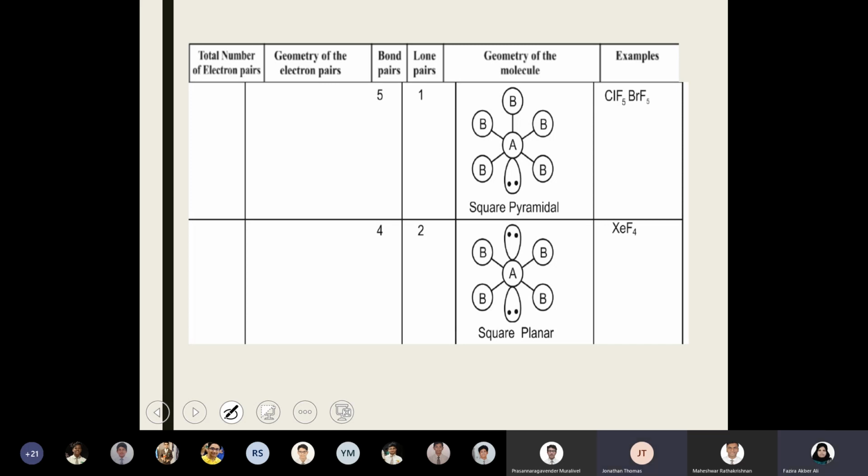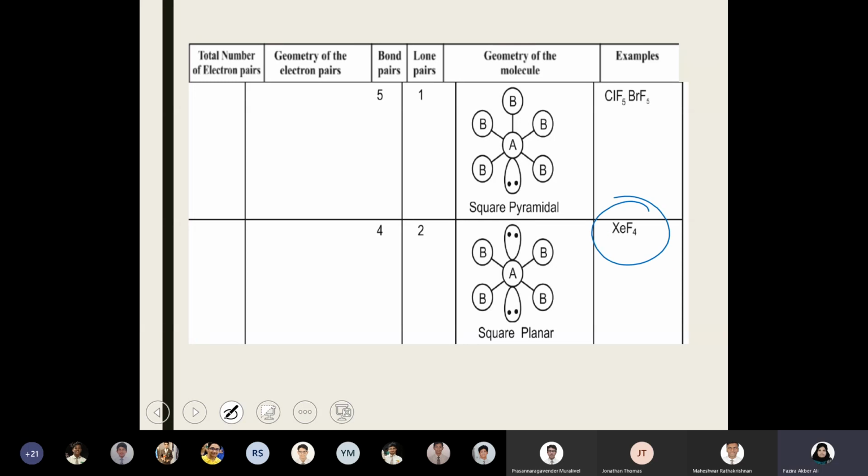All right, ma'am. Only for smaller examples, like NH3 and H2O, you have to specifically learn the final bond angle. For example, from 109.5 it will change to 107 in the case of NH3, and it will change to 104.5 in the case of the H2O molecule. Those specific ones you need to learn with the bond angle.